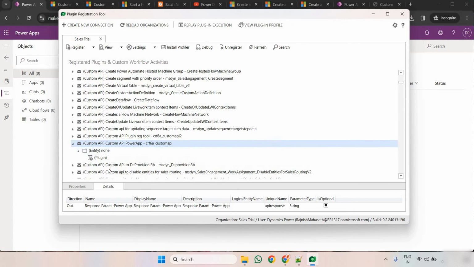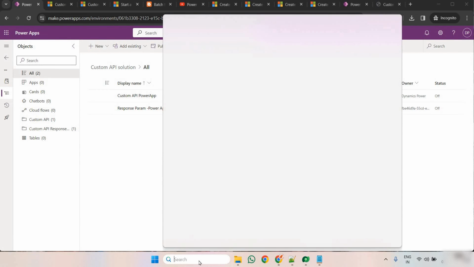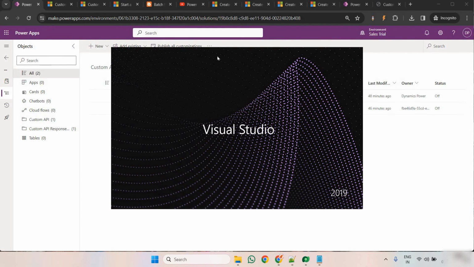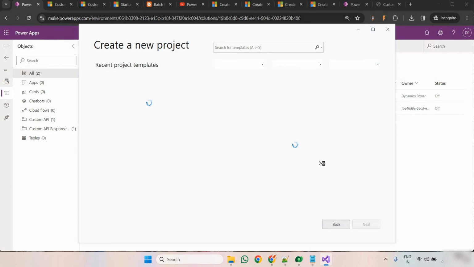Okay, now coming to our previous part of creating a plugin and assigning it to the assembly. So we'll be creating the plugin now. For that you need to have Visual Studio. So let's open the Visual Studio and check the requirement. In Visual Studio we are going to create a plugin project now. For creating this plugin we need .NET version 4.6.2. So create a new project